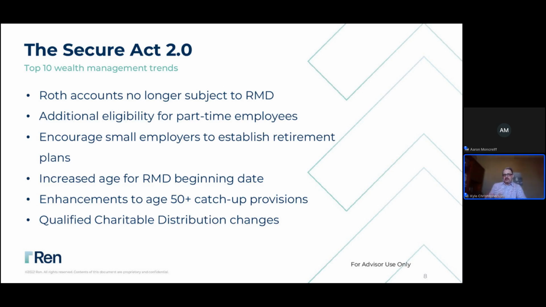A last provision on this qualified charitable distribution rule is the fact that now you can also give a one-time gift, not every year, but one time, up to $50,000 from your IRA to fund either a charitable gift annuity or a split interest trust, such as a charitable remainder trust. It doesn't make a lot of sense if you are going to fund a brand new charitable remainder trust for $50,000. We'll get into that a little bit further along in the presentation. But it could be a good additional contribution to a charitable remainder trust, or a good addition to a new charitable gift annuity.